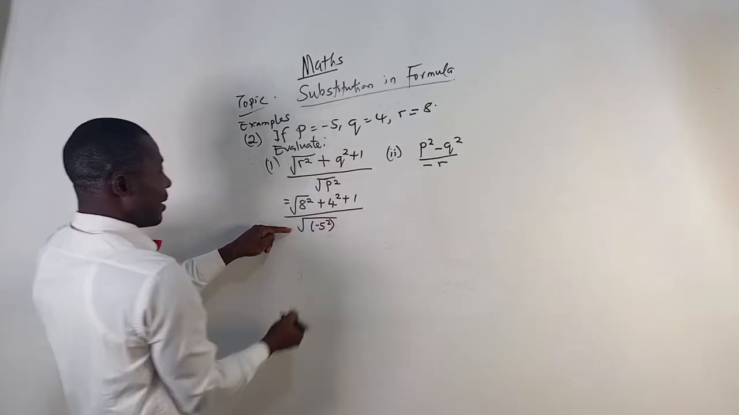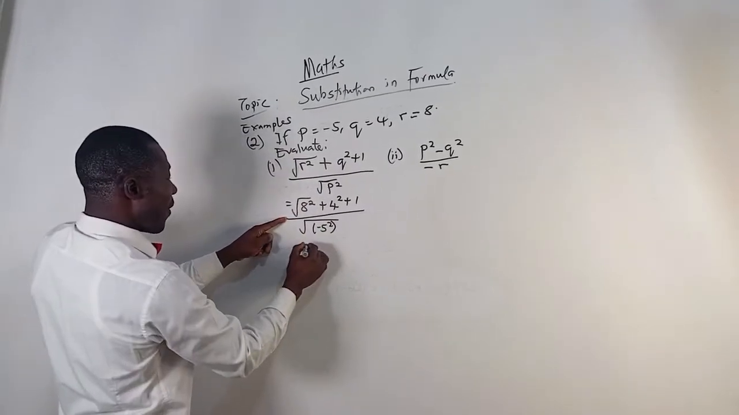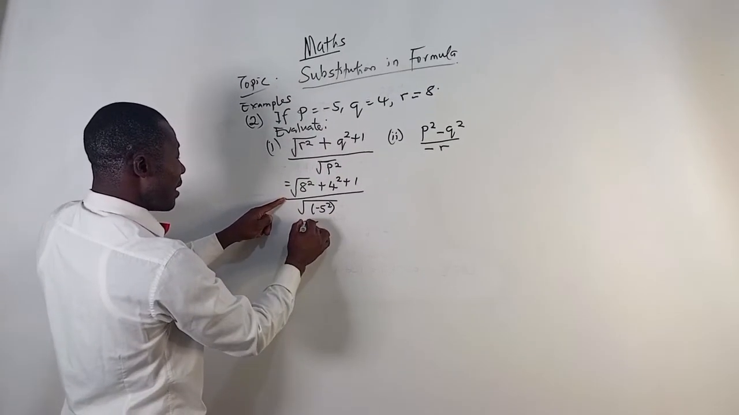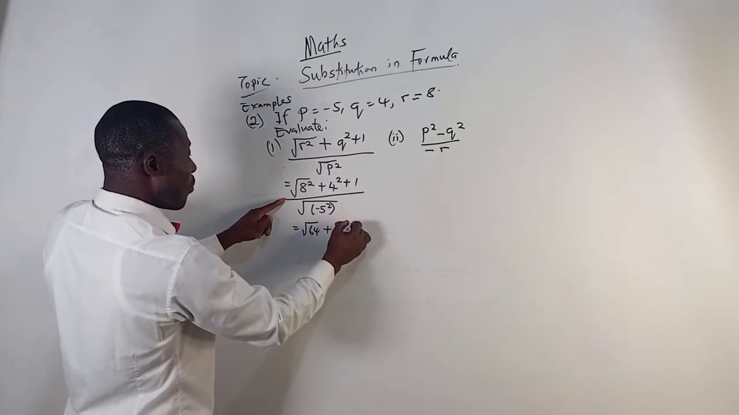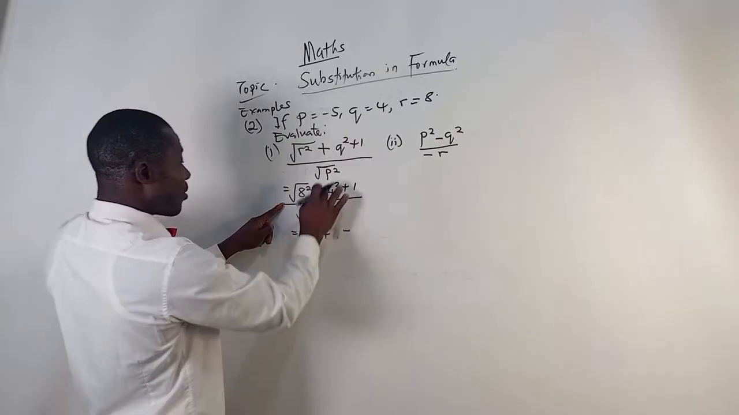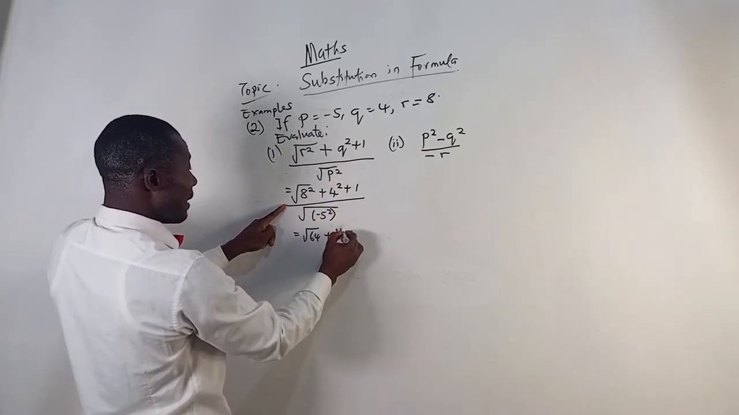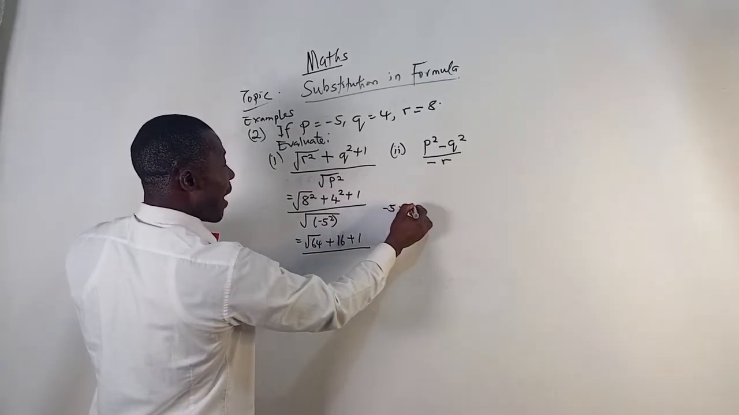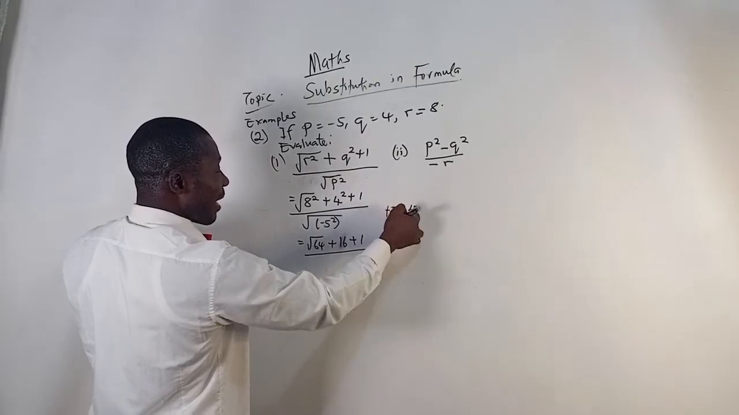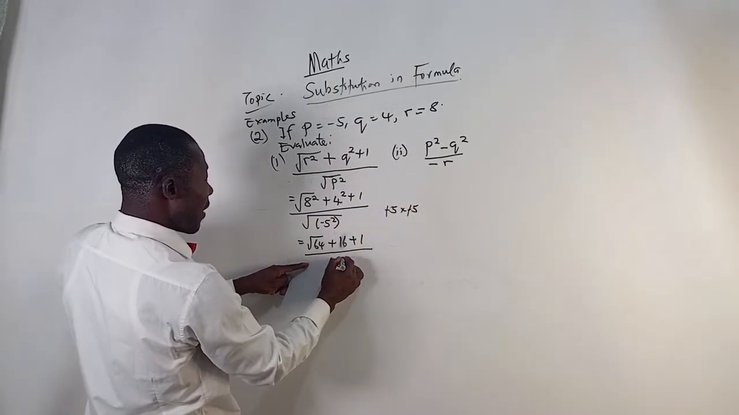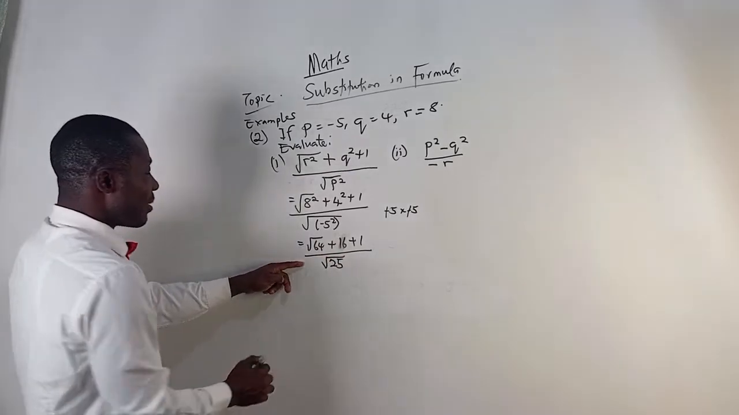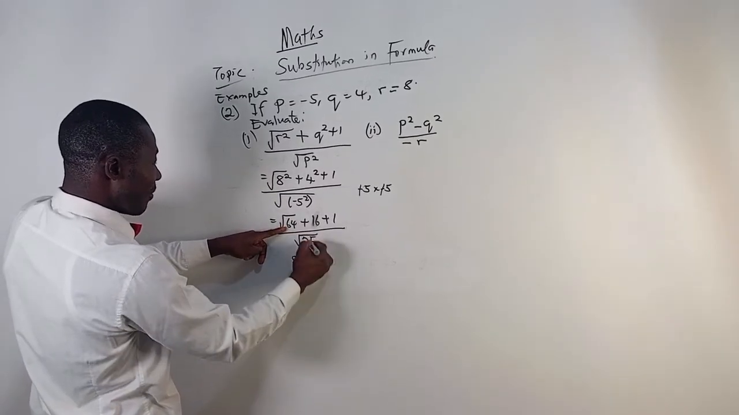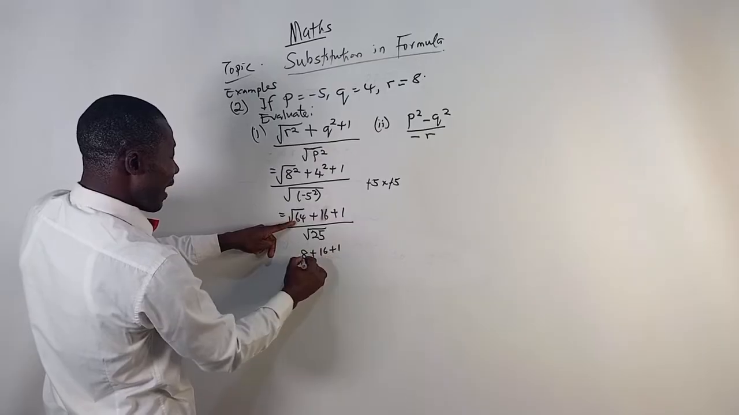Now, this one will give us 64. 8 squared means 8 times 8, not 8 times 2, 8 times 8. It's going to give us 64 under the square root plus 16 plus 1, since 4 squared gives us 16. Everything over minus 5 multiplied by minus 5. Minus and minus will cancel. 5 times 5 will give us 25 under the square root. So the square root of 64 will give us 8 plus 16 plus 1, everything over